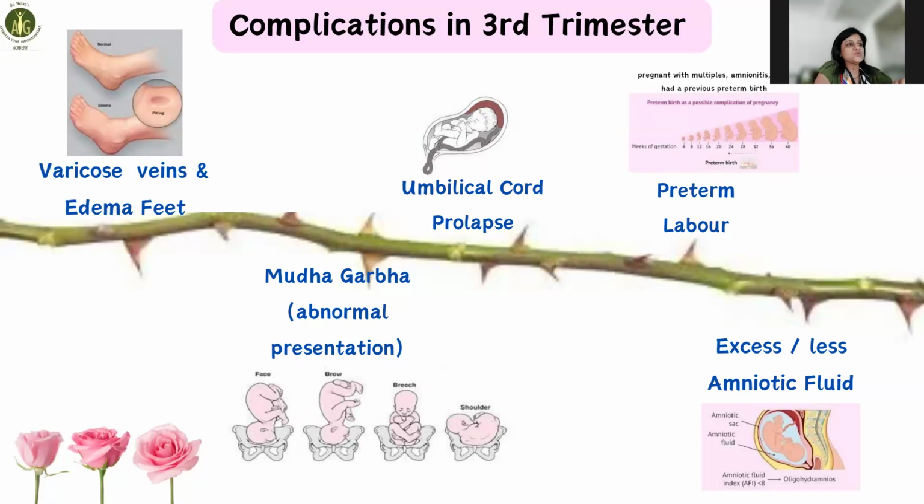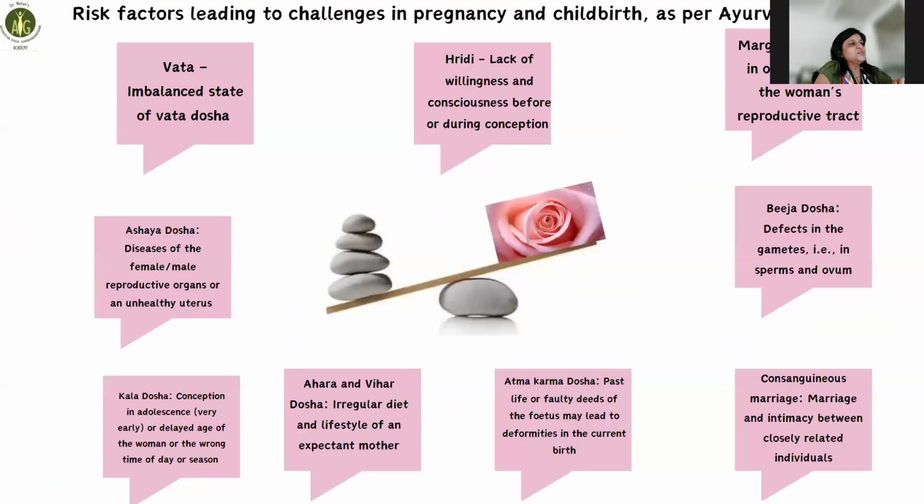That is also the case. Moving on, why these happen as per Ayurvedic point of view. Now, as ma'am has given us in all the aspects, there is this Ayurveda point of view, which is beautifully shown. There could be various doshas: the Bija dosha, the Atma Karma dosha, the Kala dosha, in not the right time, either the mother is too young or too old for pregnancy. So various reasons for these